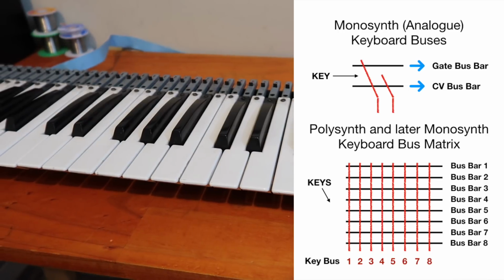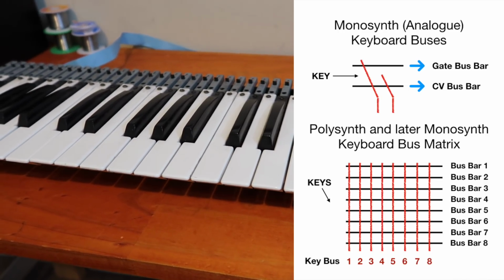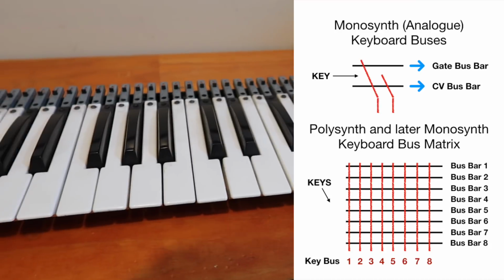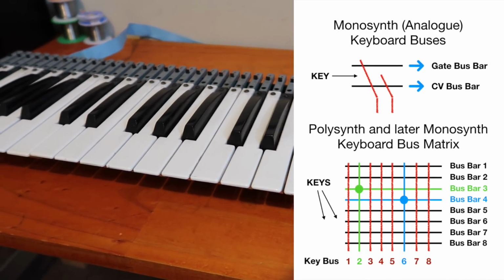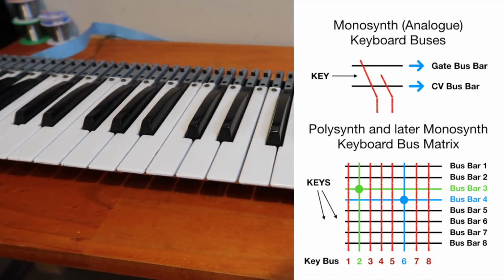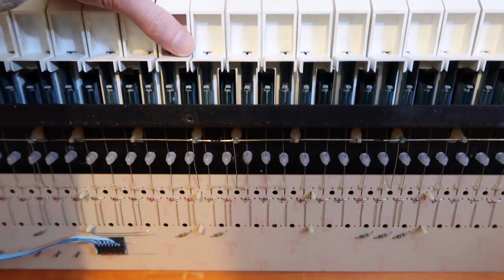This one has actually an 8x8 matrix output. So there'll be 8 bus bars and there'll be 8 sets of wires that touch those bus bars. And a little bit of logic will go on to decide the keys that are being pressed, and that'll be sent to a processor which will then allocate voices. Now, if we actually have a look at that in this keyboard,